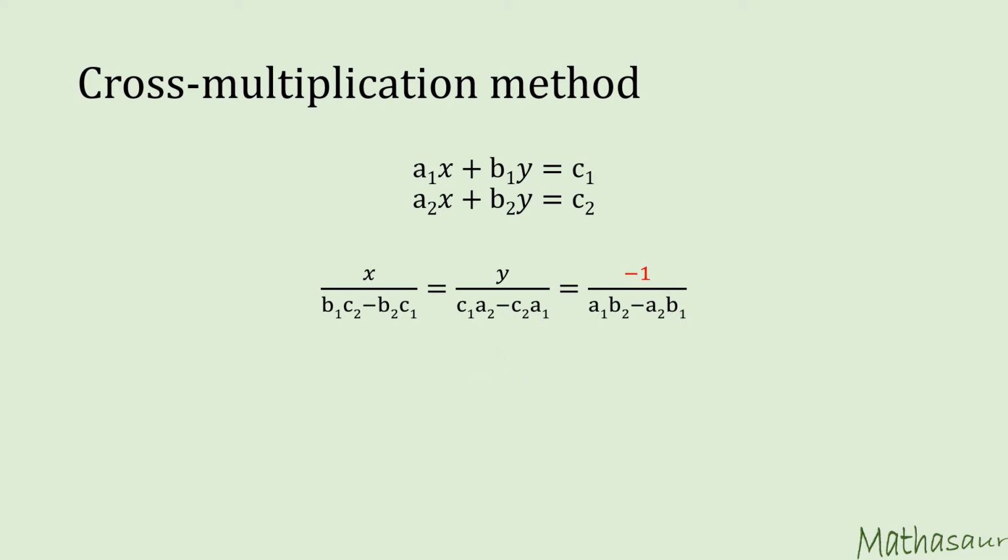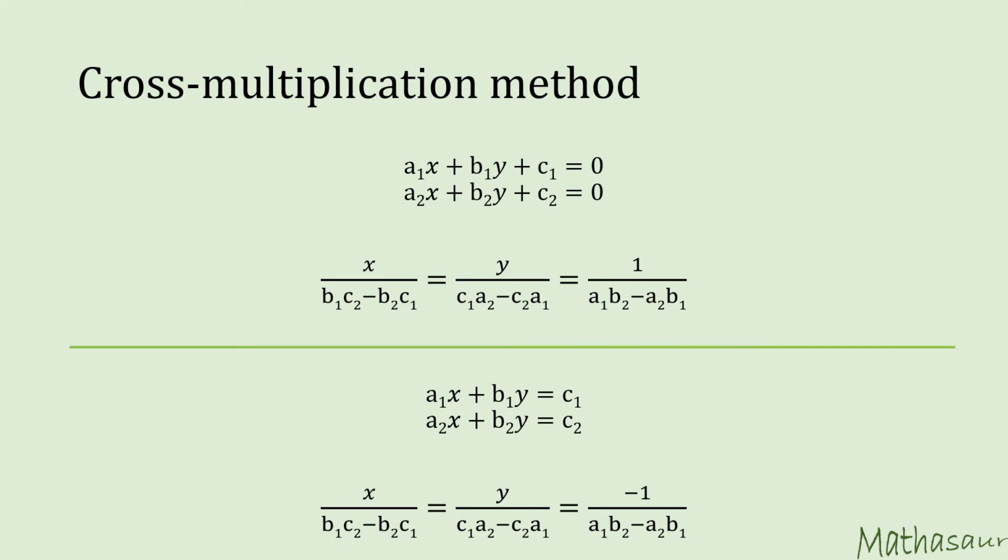Now sometimes you may not like the minus 1 in this equation. So that's okay. Take the constant terms in both equations to the left hand side. Now the right hand side of our formula has a plus 1. So you can choose either method to remember the formula. If the constant terms are on the left hand side, then my formula has a plus 1. However, if my constants are on the right hand side, then my formula has a minus 1. Both the formulae are correct.